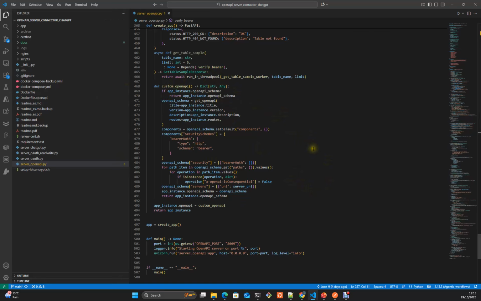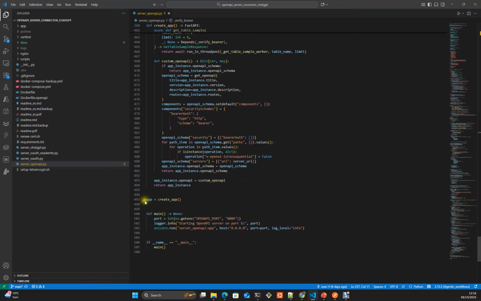Here we are defining the full schema of tools and security schemas and metadata that we need to expose to the connector to understand how the LLM needs to interact with the OpenAPI, or with the REST API.